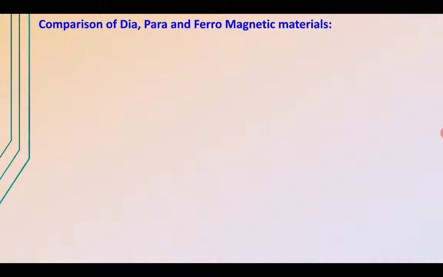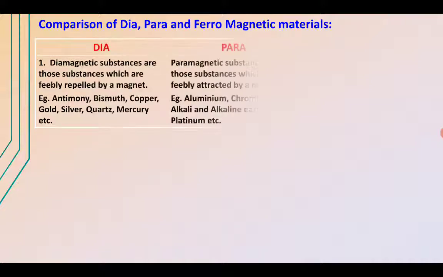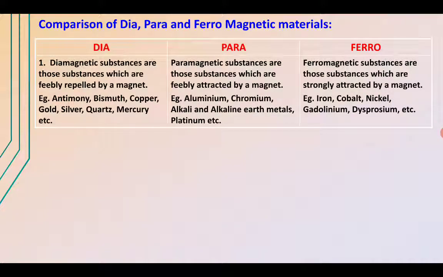One is diamagnetic, another one is paramagnetic, third one is ferromagnetic substance. Now the diamagnetic substance, when placed in a magnetic field, gets weakly magnetized opposite to the direction of the applied magnetic field. They repel the magnet. On the other hand, the paramagnetic substance gets weakly magnetized along the direction of the magnetic field, and examples are aluminium, chromium, alkali materials. On the other hand, the ferromagnetic substances are those substances which are strongly attracted by the magnet,